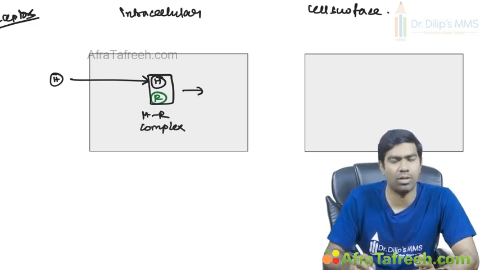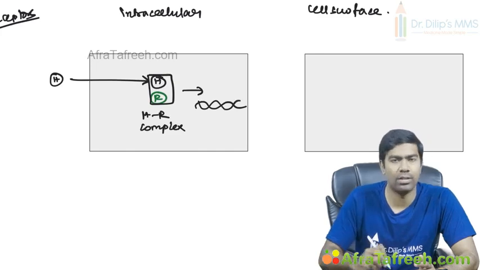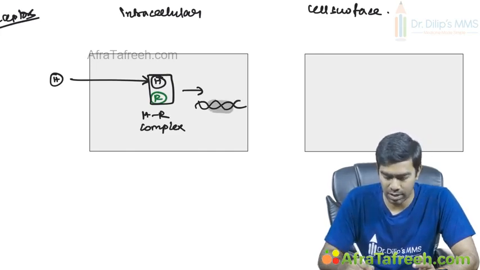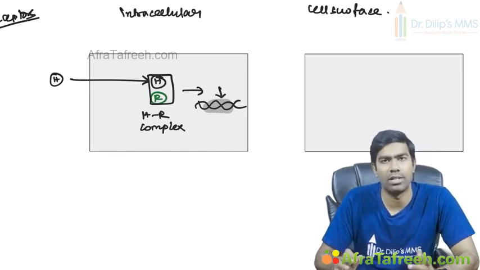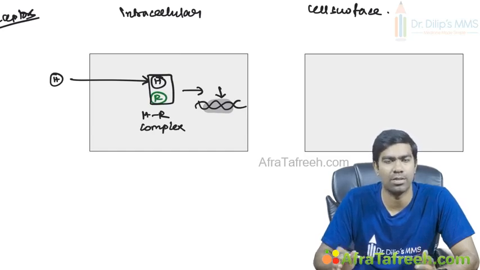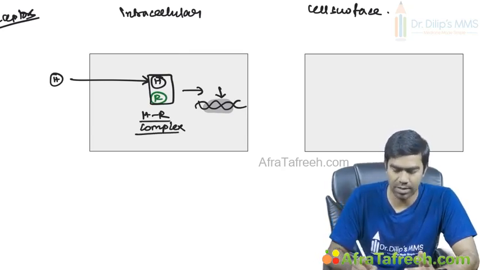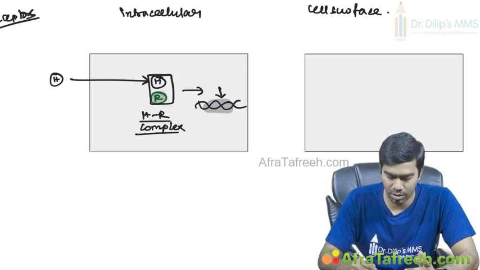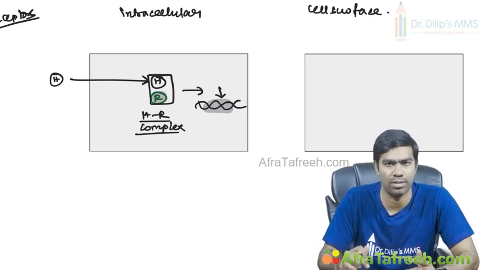And this hormone receptor complex will act on certain areas of the DNA so that they can exert effects on certain genes, by either increasing or decreasing the transcription of a particular gene. So very, very simple. Which means they are going to have intracellular receptors, that's very, very important, and they form a hormone receptor complex which exerts its effects on the DNA and the genes.